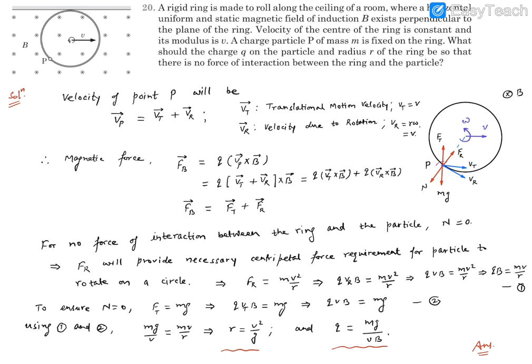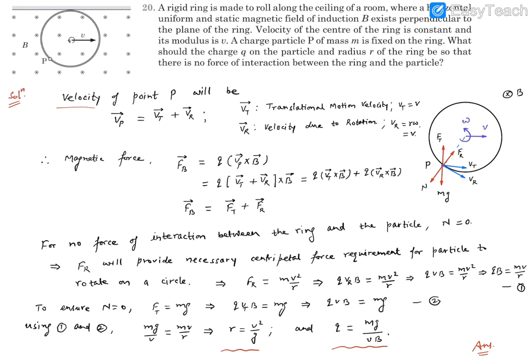This P point is simply a point and we can draw the free body diagram of this point and see what are the forces acting on this point P, and then we need to see the contact force should not be there. Interaction with the ring should not be there, and we know ring interaction is going to be because of normal reaction, so we will say the normal reaction should not be there, that's all. So this is the crux point. And then we need to carry forward this idea to solve it.